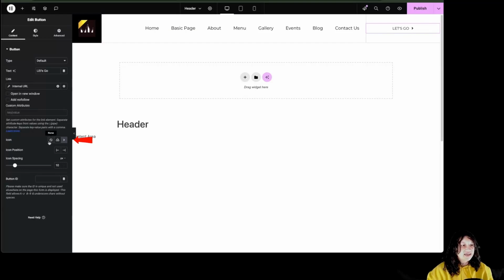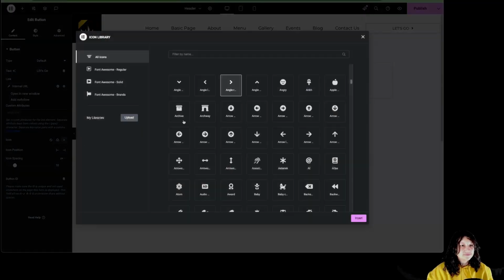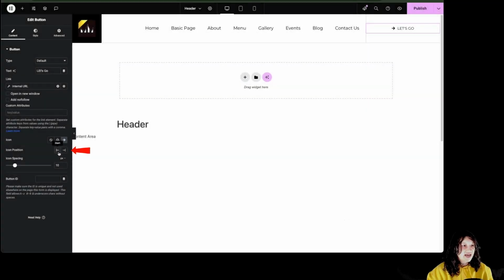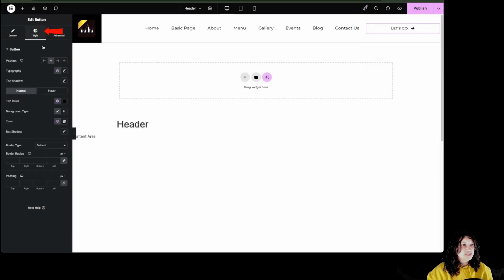We can change the icon from over here, like so, icon position before the text or after, and the icon spacing. By going to style, we have the position,